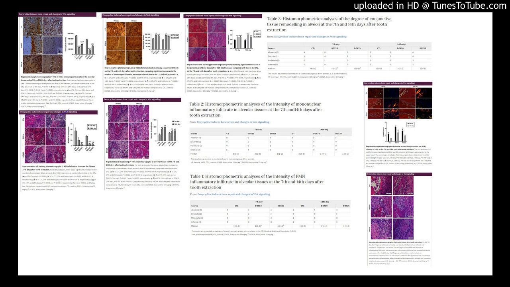MMPs degrade virtually all constituents of the extracellular matrix. MMPs are critical for connective tissue remodeling and healing as well as bone healing after tooth extraction. The molecular environment of chronic wounds contains high levels of pro-inflammatory cytokines and MMPs, which impair normal healing. This process is positively affected by DOX. Previously, the systemic administration of DOX has been found to prevent both root resorption and bone loss in rats.